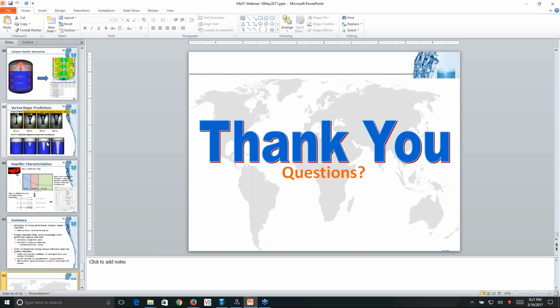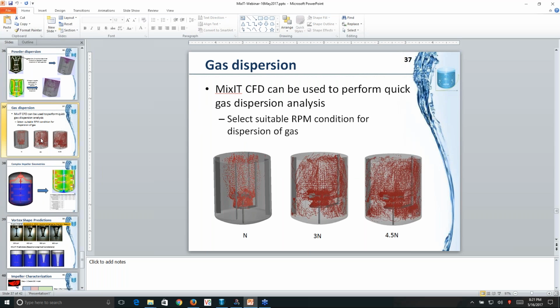Incorporating coalescence and breakup models in these automated CFD simulations can be an overloaded simulation. However, if we know the average solids particle size or average bubble size, then that gives us decent information for the engineering judgment we need to make to design, modify, or decide the RPM to sustain the solids or gas dispersion.